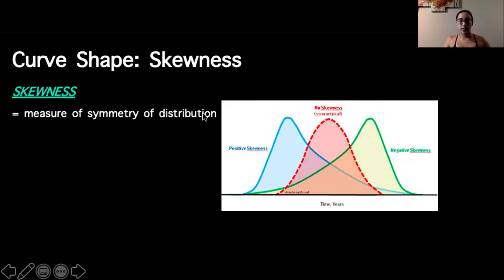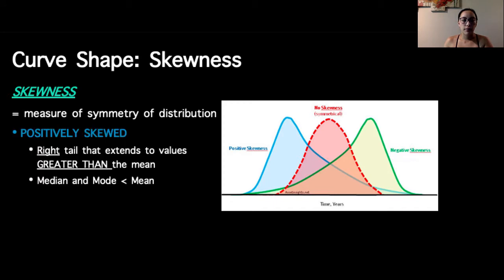When we're looking at skewness, this is going to look at the symmetry of the distribution. So in a normal distribution, such as this red curve in the center, this is symmetrical, right? If we split it down the middle, the right half looks like the left half and vice versa. Okay. When we have positive skewness, represented by this blue shaded region or this left curve over here, you can see that we have a tail that extends to the right of the mean, or the right of the center